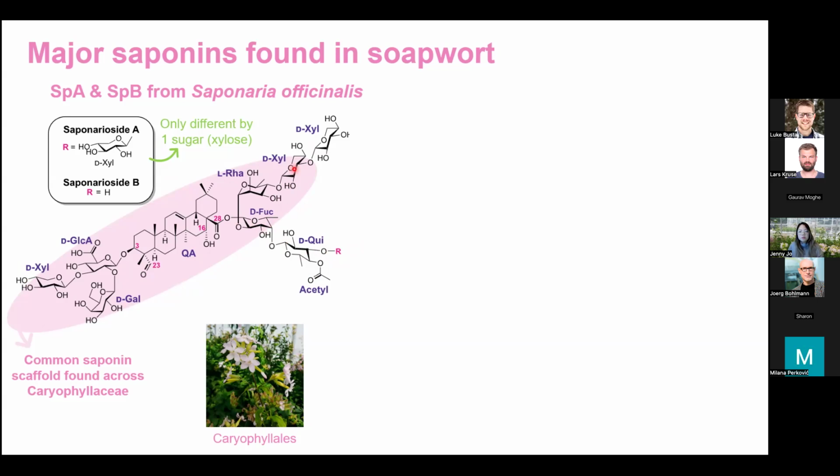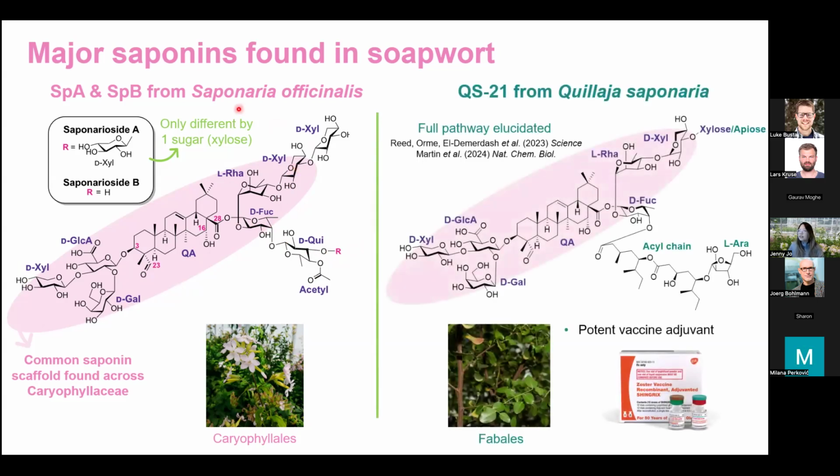And perhaps more interestingly, this compound is also very similar in structure to QS21, which is a saponin found in the Chilean soapbark tree, Quillaja saponaria. Despite the two plants being quite phylogenetically distant, soapwort is in the Caryophyllales order, while soapbark is in the Fabales order. So QS21 has been very extensively investigated for its immunostimulatory properties, and the full biosynthetic pathway has been recently